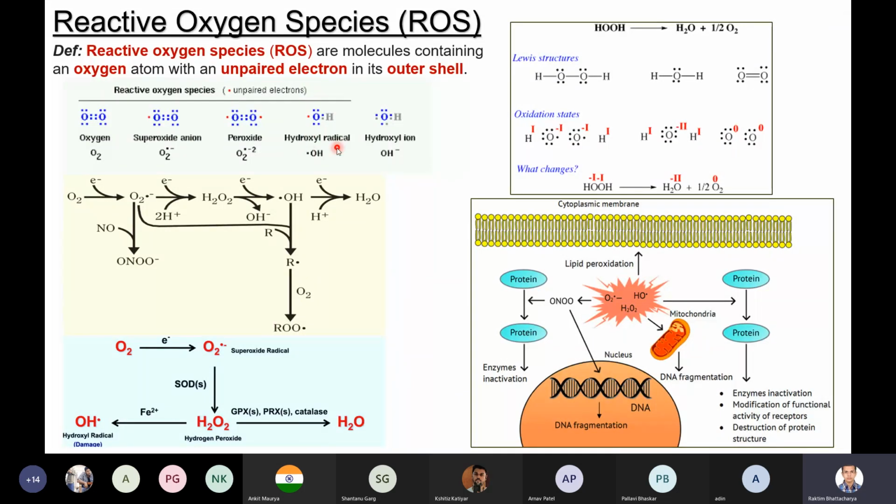You know why bleaching powder is so reactive? Because after reacting with water, bleaching powder releases chlorine in its nascent stage, which we call nascent chlorine, because it has a free unpaired electron in its outer shell. That's why it is extremely reactive. Reactive oxygen species are exactly like that. They will react with almost anything, and they have a huge capacity of